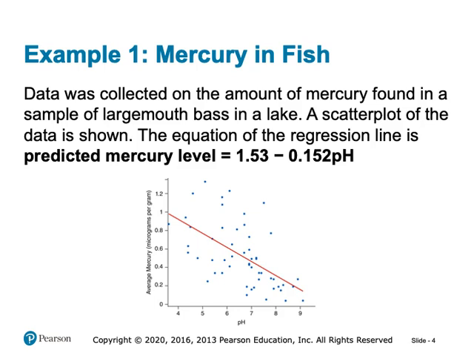This regression line provides a useful tool for making predictions. For example, if the pH level of the lake were measured at 7, we could plug that value into our equation to predict the corresponding mercury level in the fish. By doing so, we start to see how regression can help us answer both of the types of questions we discussed earlier.